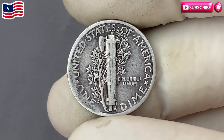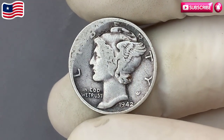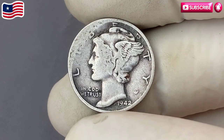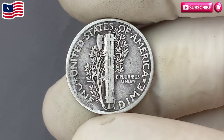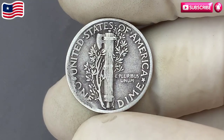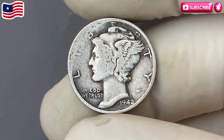The year 1942 was significant for the United States and the world. America had just entered World War II, and the nation was united in a fight for freedom and democracy. Coins like the Mercury dime circulated widely, passing through countless hands, each carrying a story of its own. Despite their common use, certain examples of the 1942 Mercury dime have survived in extraordinary condition, becoming prized treasures in